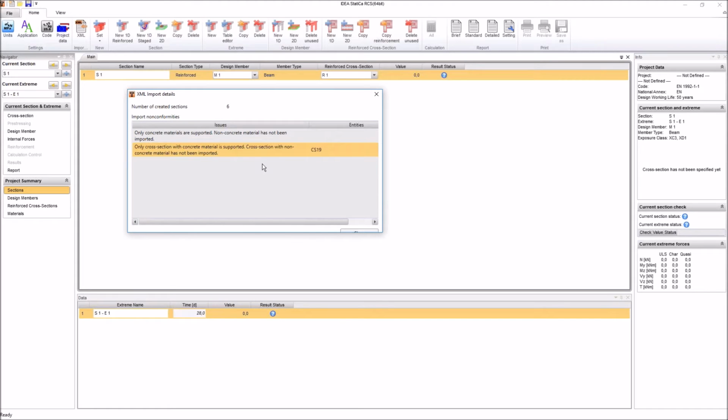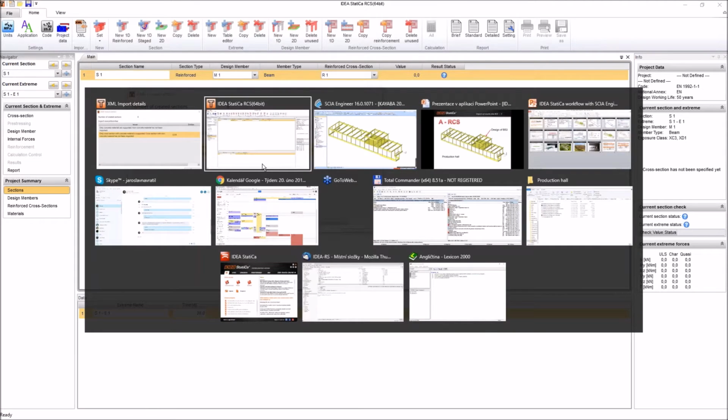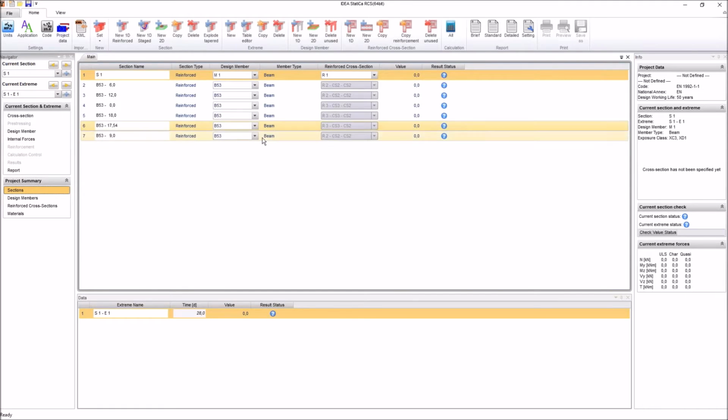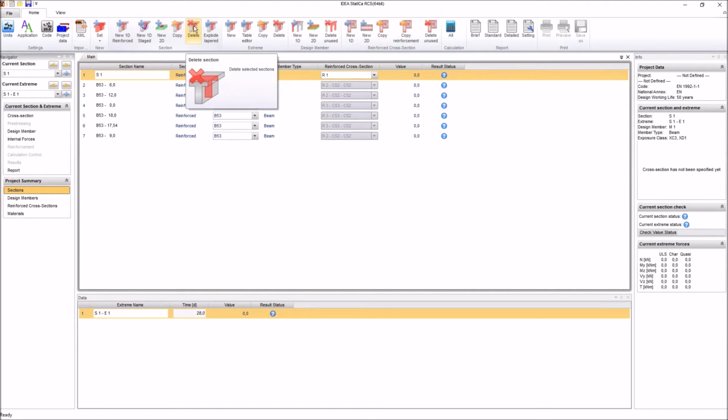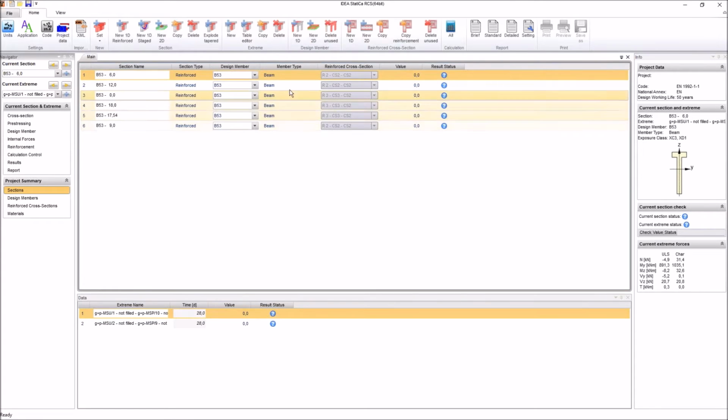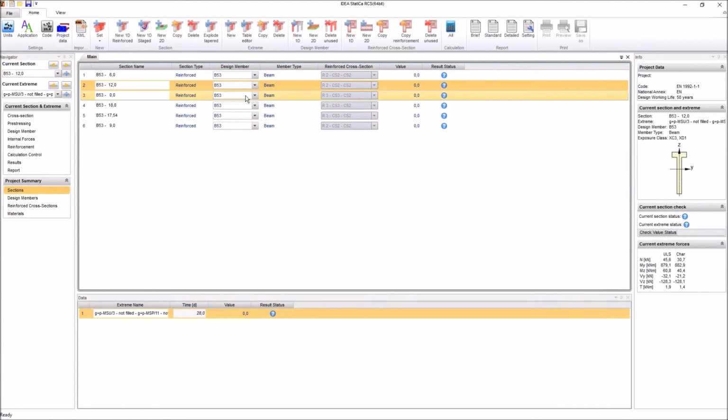Actually, we imported from the template which I showed here in SCIA Engineer all the data, and the program IDEA StatiCa filters the data. So we created 6 sections. The first one is the original one, which I can delete. That was the one which I did not import. And this, you can see the T section, quite a deep cross section. Also this one at the